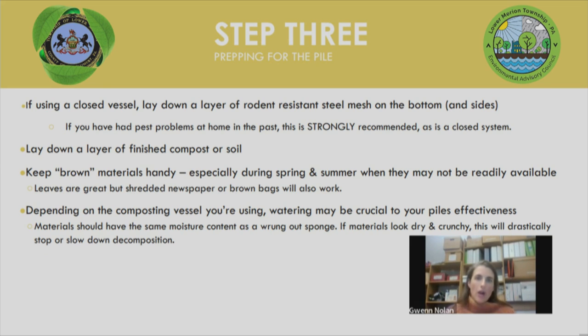As the materials look dry and crunchy, its decomposition has probably slowed down or stopped. Beyond that, tools we recommend: a pitchfork, a garden hose, a watering can. If you're interested, again, if you want finished materials in 2 months and you're really going to take this on from a scientific perspective,